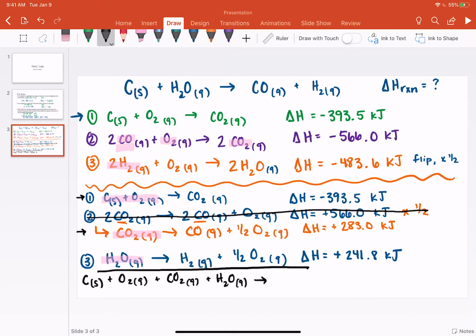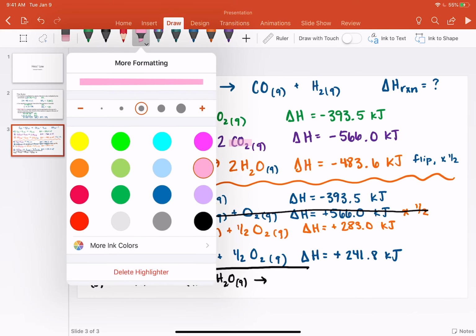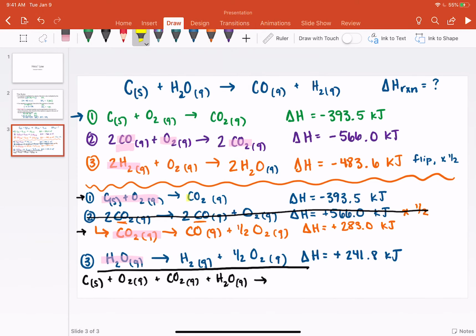And then that is going to yield the products. So here are the products we're going to include. CO2 plus CO plus H2